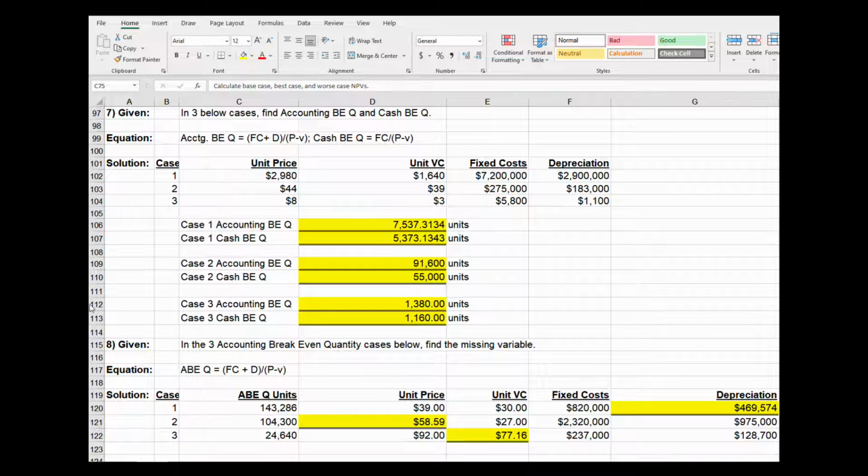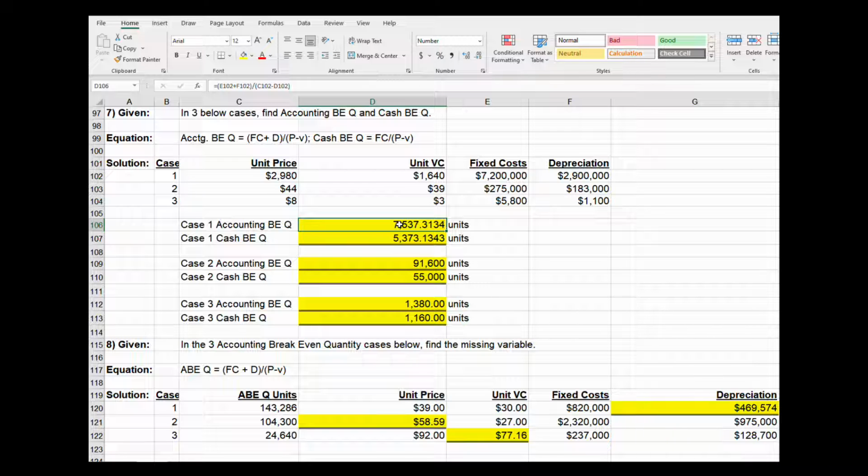In problem 11.7, we're looking for, in these 3 cases, the accounting break-even and the cash break-even. And you can see all the givens for cases 1, 2, and 3: varying prices, varying unit costs, varying fixed costs, varying depreciation. The equation is accounting break-even quantity is fixed cost plus D over P minus V. So in this first one, I'll be taking 7.2 million plus 2.9 million divided by 2980 minus 1640,